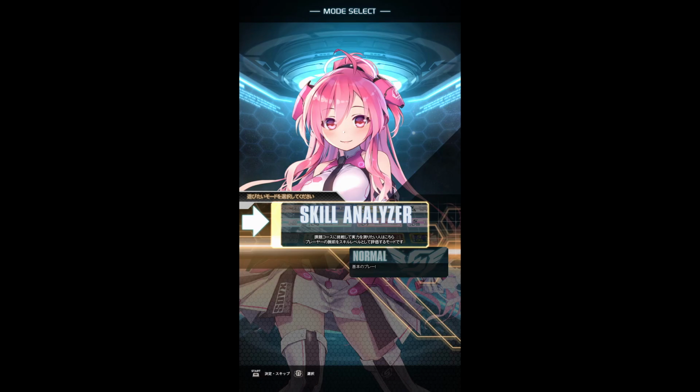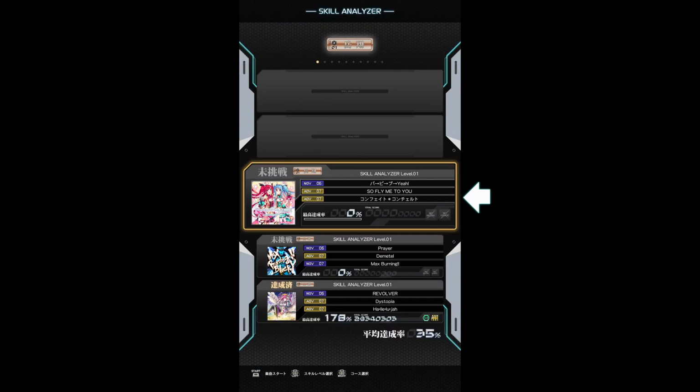Starting from the title screen, advance until you get to the menu with two options again, and select Skill Analyzer this time. It should be noted, though, that even the easiest courses start at level 6 and 7 songs, so it's not for beginners. If you're still getting your feet wet and aren't quite there yet, keep training and come back when you're ready. When you get there, you'll see a list of different courses